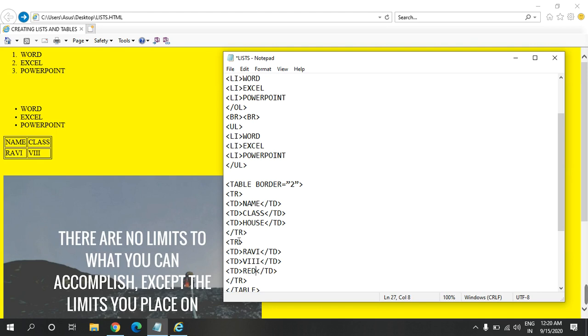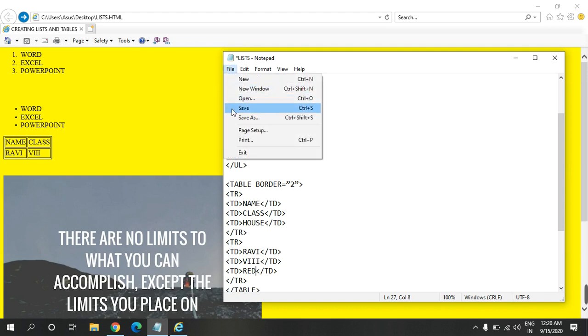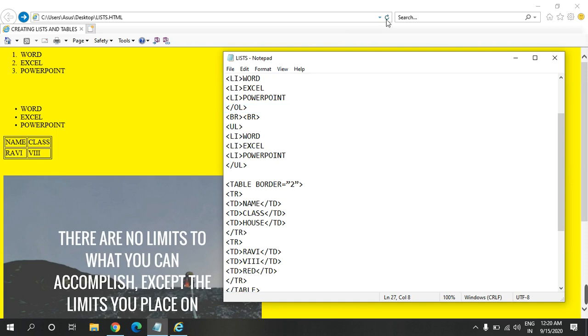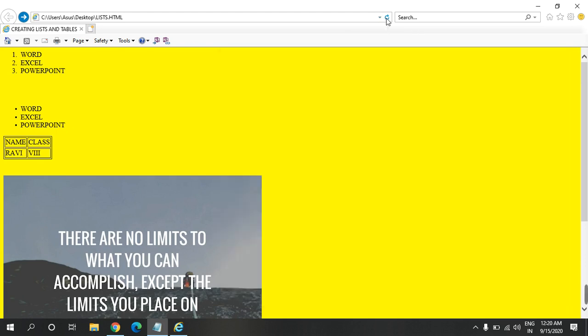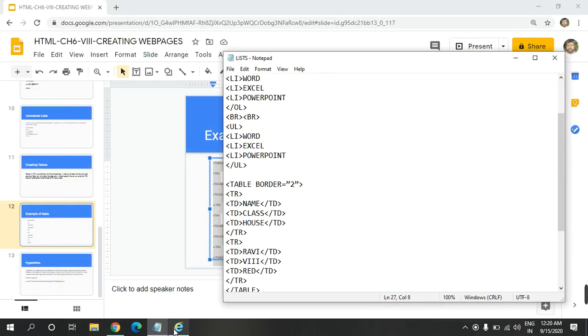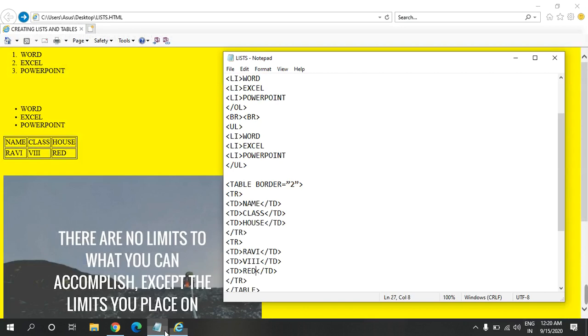And now we can create one more. First let's see what the output of this is. We save it and we refresh it. You may see here the house and the Z is added to the table.